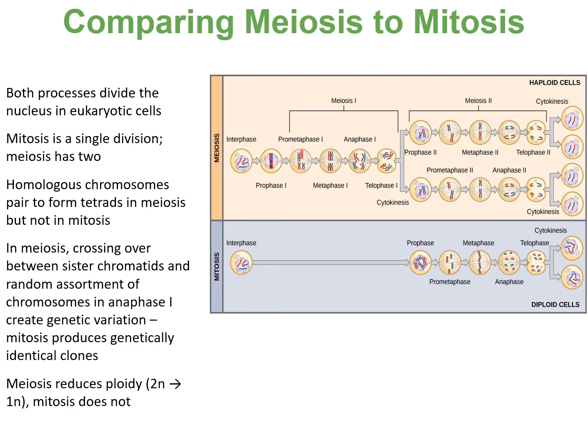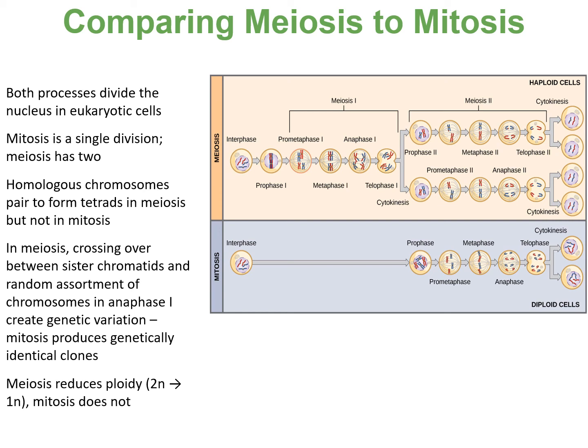So now let's compare mitosis and meiosis. They're both forms of division of the nucleus in eukaryotic cells, and they do share some similarities, but there are also a number of differences that lead to very different outcomes, and these outcomes are shown in the picture here. Again, the most important differences are listed here in the text, and I also want you to understand what's happening in this representative picture.